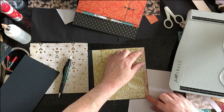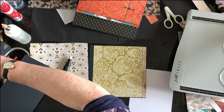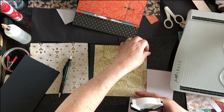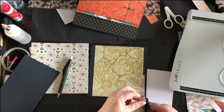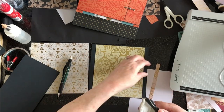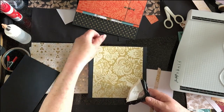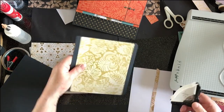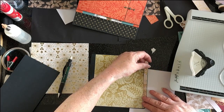Yeah, that's great. Now what I really want is to round these corners of the card and those papers. So I'll get my paper rounder out, and I'm hoping this is going to do it, because it's really narrow, a really narrow strip, but it should. Yeah, that's lovely. I'll just round the other one while I'm here, and I'll round these ones on the black card, because it's a photo mat, so we want it to kind of look like a photo mat, and it's easier to get in and out of a belly band tummy tuck